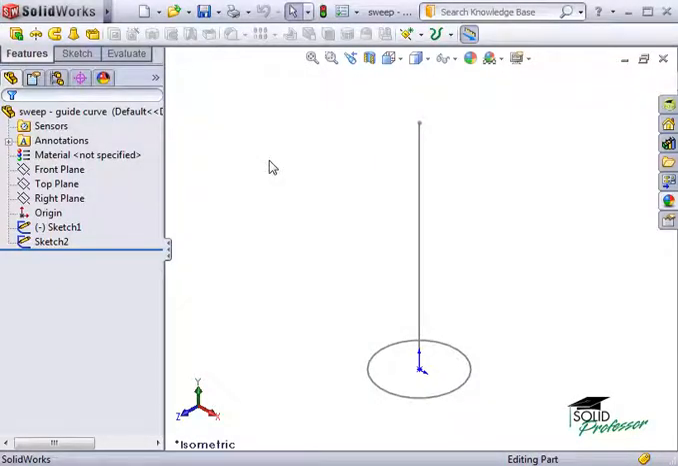Guide curves used with the sweep feature allow you to vary the size of the profile as it is swept along its path. Let's take a look at a simple example of this. Here I have two sketches, a circle sketched on the top plane and a vertical line sketched on the front plane. Before I click the sweep icon, I want to create a third sketch to be used as a guide